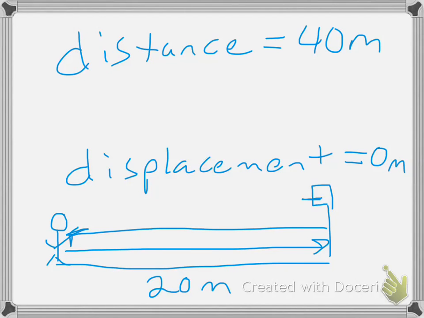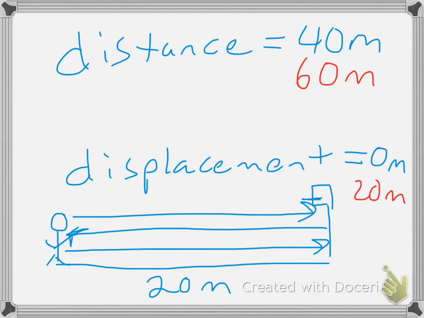Okay? If they went down and back again, so they went back and forth a total of 3 times, now their distance becomes 60 meters, and their displacement would then be 20 meters, because they're 20 meters away from where they started. So assuming that we timed this individual running down the court, we could then figure out their speed and their velocity. Speed is the distance